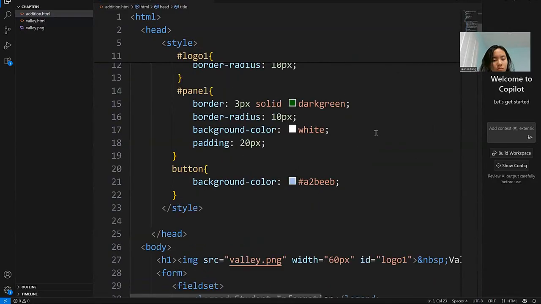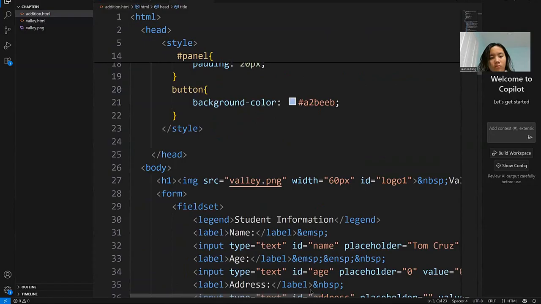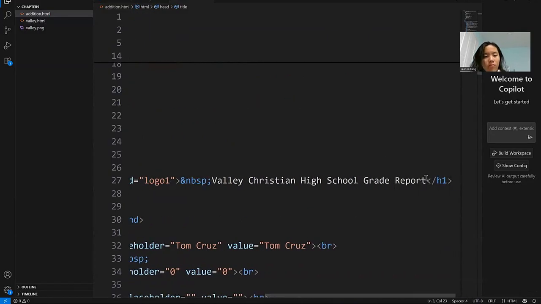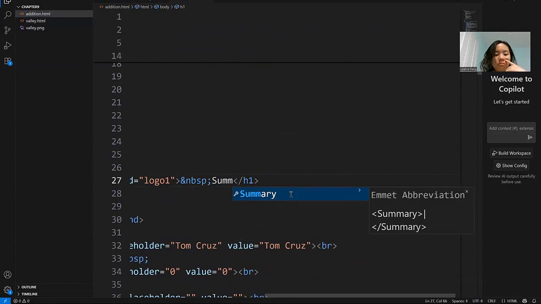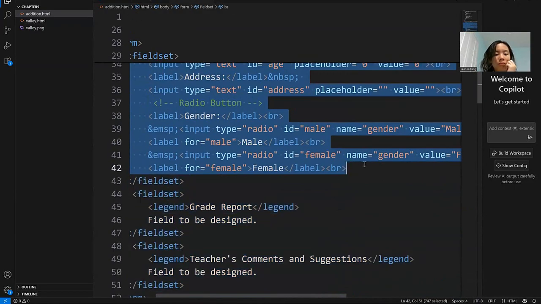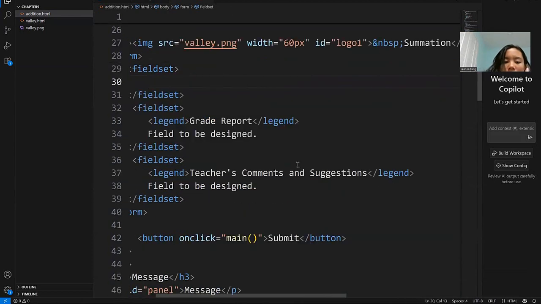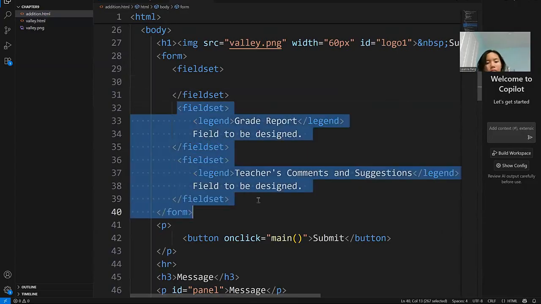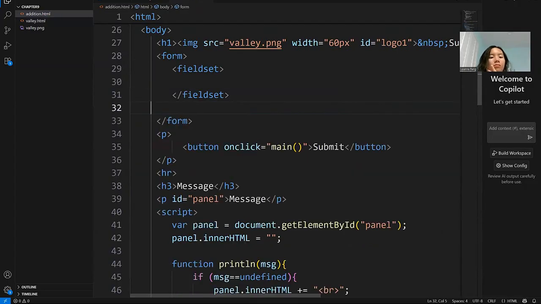And here your logo, let's delete everything and call it summation. Let's not do the very difficult design right now. Let's delete everything in the field set and just keep one field set. Delete everything else, keep the button